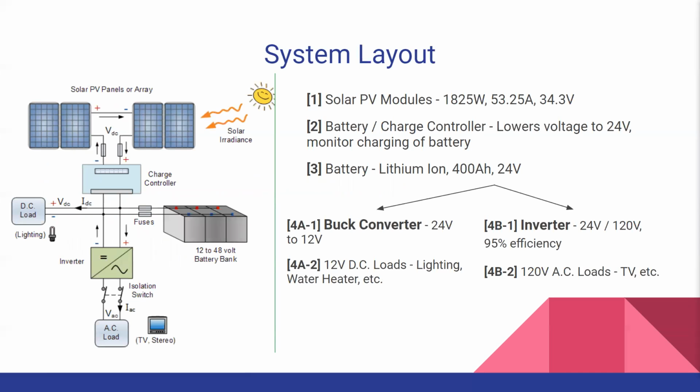Here we have the system layout. So basically we have it from when the sun hits the solar arrays to where it meets the charge controller. And here it splits off to a buck converter and a regular inverter. The reason why we did this is because the buck converter can only handle DC voltage, which is from 12 volts to 24 volts, while the regular inverter can do higher voltages